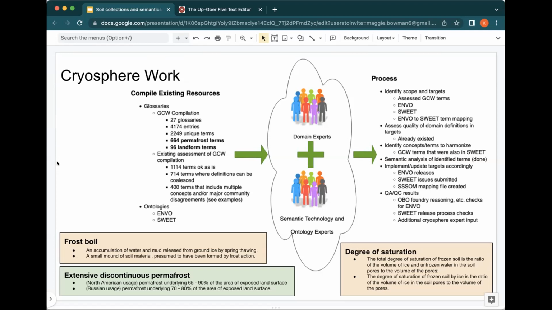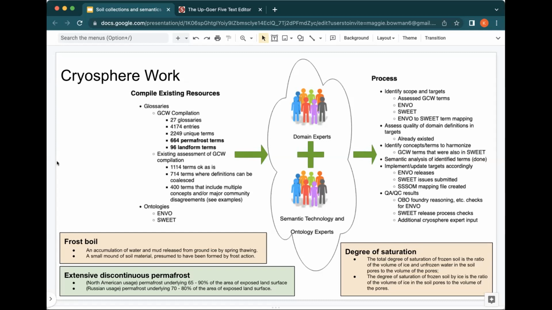So what we wanted to do was assess what was in the GCW and Envo and Suite, and bring all of those three things together, because that would help integrate all of the various things which used those existing resources. And so we did that, and you can just read about the results.